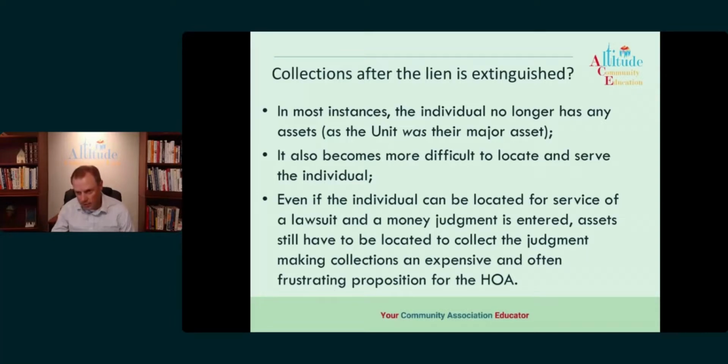What if the owner wants a payment plan for repayment of their delinquent assets? What is that process? So again, before you can get to foreclosure, you have to go through your collection process. In that collection process, they have to be offered the payment plan. So if we've gone through all of that and they've defaulted on the payment plan that they've already had, or they have never entered into a payment plan, once you get to the foreclosure, we've already gone past the collections part of it. So we've already offered that.